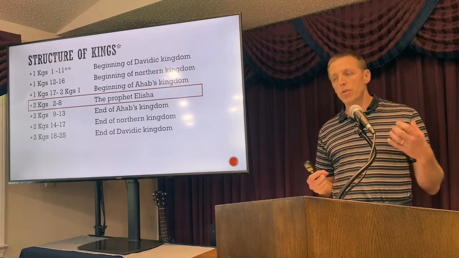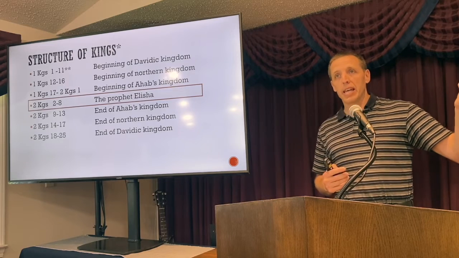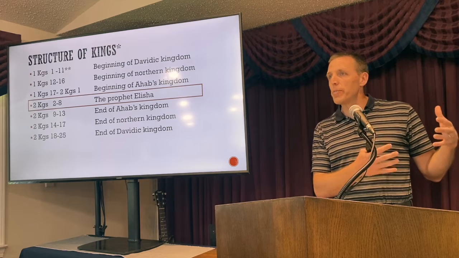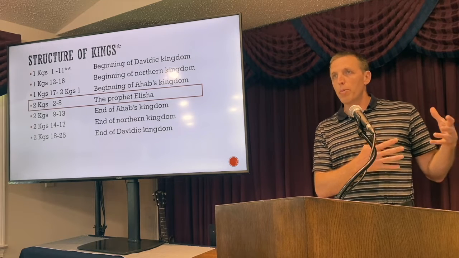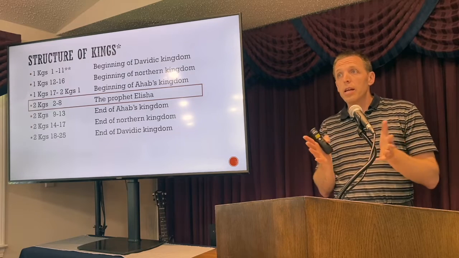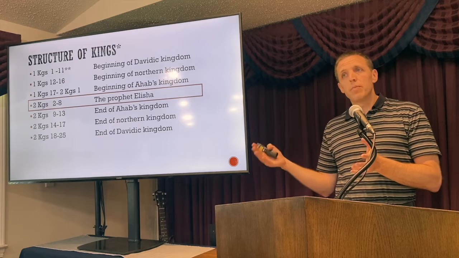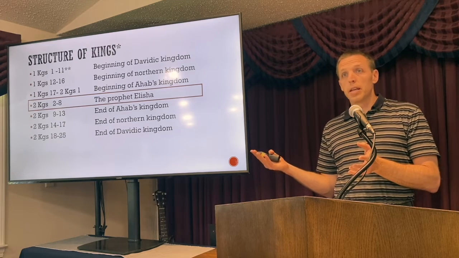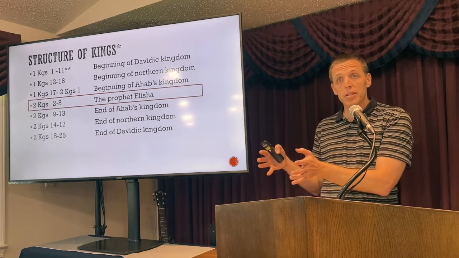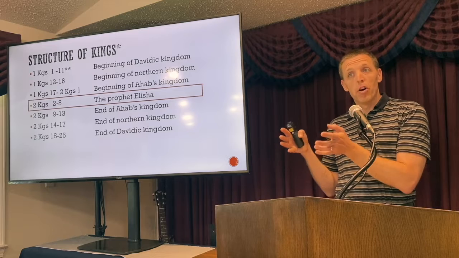So you have sort of the beginning of the Davidic kingdom. So when it comes to that southern kingdom, you've got the start of that with Solomon and all that's going on there, and Rehoboam, and then it sort of shifts, and the focus is on the start of this split and the start of this northern kingdom, and it goes through. It gives some ink to the southern kings, not near as much as Chronicles, but it really focuses on the northern kingdom, and particularly transitions into Ahab. For whatever reason, there's this focus put on Ahab.